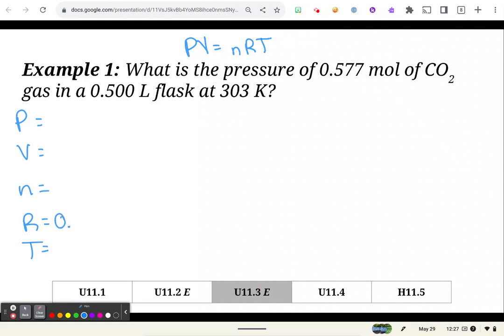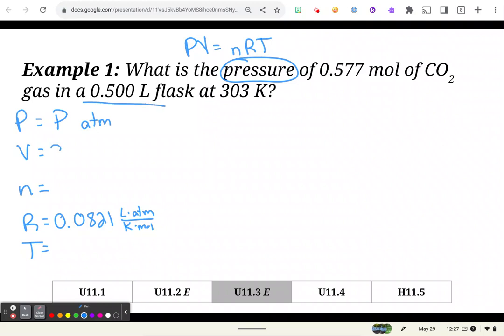The R value is the gas constant. We'll always provide that for you. Kelvin, moles. Okay, then for the rest of them, you need to start thinking about what the variables are. First of all, it says, what is the pressure? Well, right away then, I'm going to leave pressure as P to help me remember that that's what I'm solving